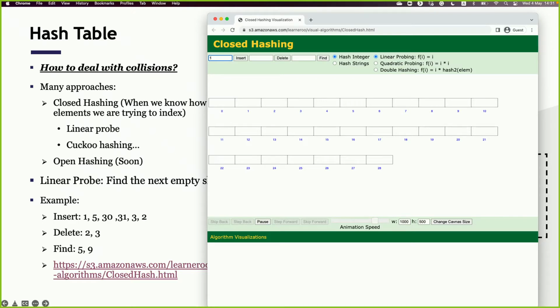In this case, the hash function is a pretty natural hash function, okay? It is the value mod 29, something like that. So when you insert value 1, you are going to occupy the second slot, right? You put the 1 there. And then you insert, for example, 5. Then you're going to occupy this slot. This slot is fine, right? When you have 30,